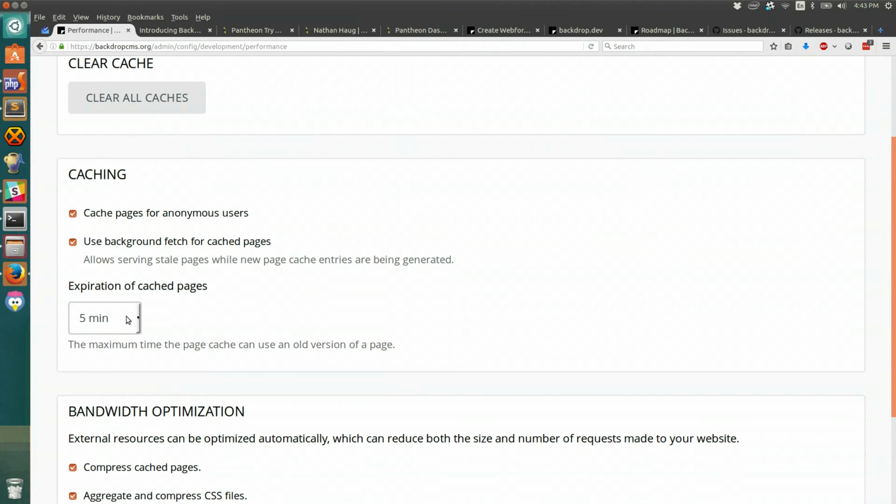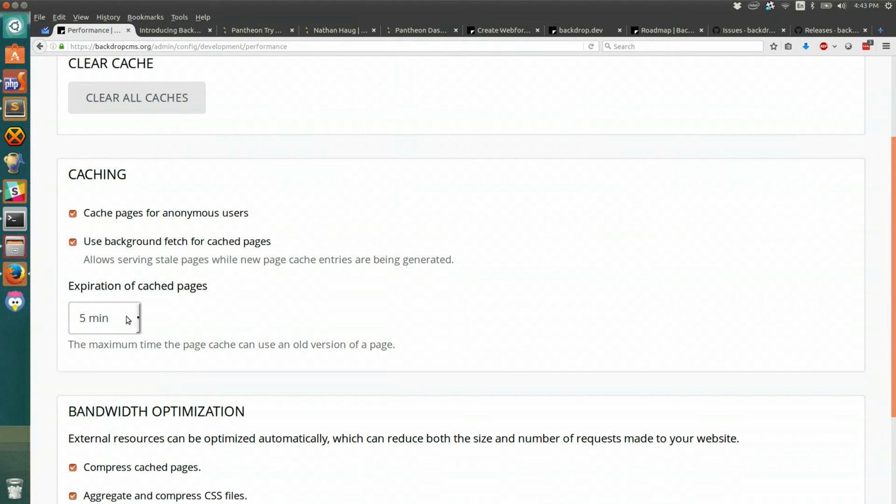So you don't have the slow first request problem where nobody's visited this page in a day, you have to wait, so it's slow the first time. Instead, it just always returns the last cache copy that it had, and then generates a new cache copy in the background. So you never have a slow page load, except for the very first time that the page is ever loaded. So that's really cool. And we also do that